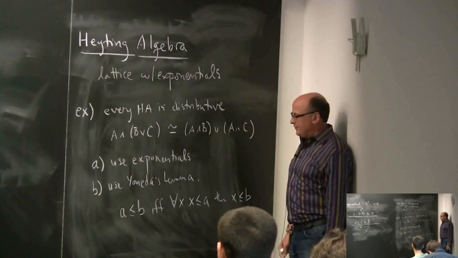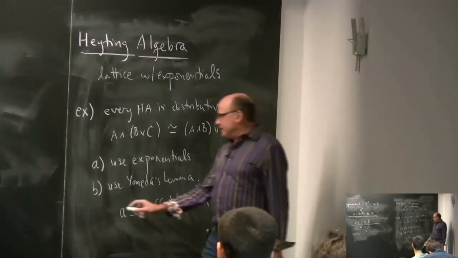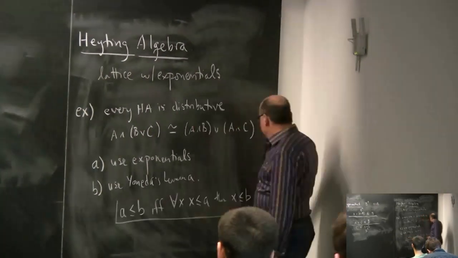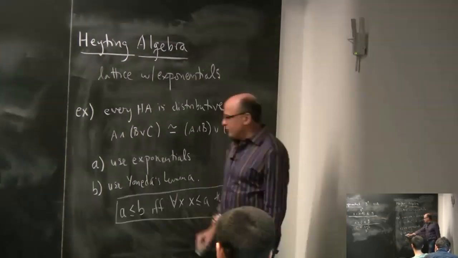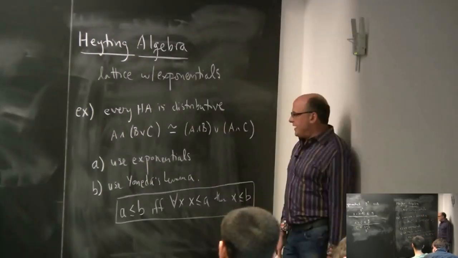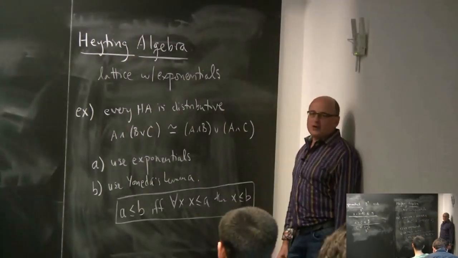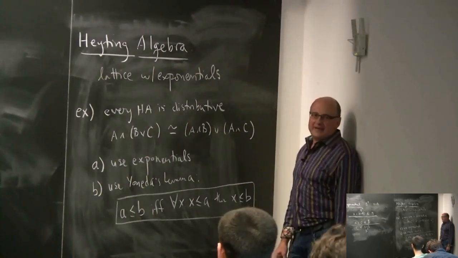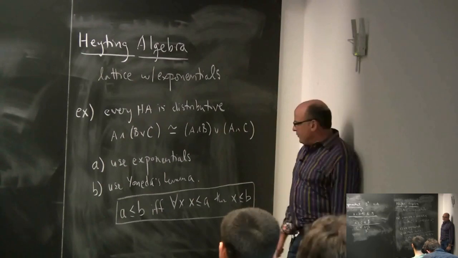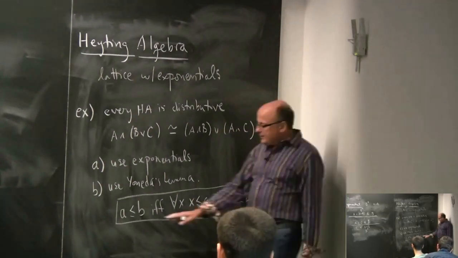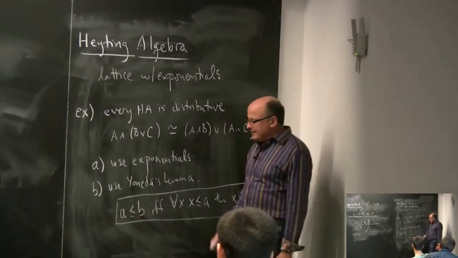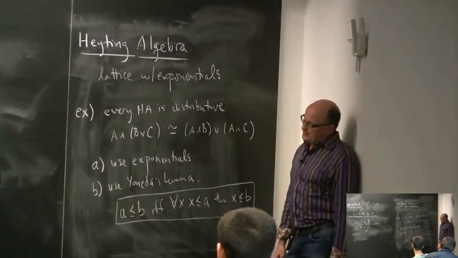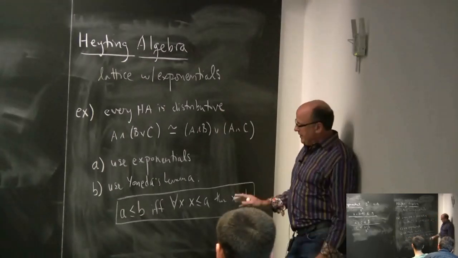Why would you even call that Yoneda's lemma? Well, because this is a very degenerate instance of a more general fact. But that more general fact is equally useful for all the same reasons. So here's a way of thinking about it. The way to think about it is you're trying to show that this entails that. I don't know if this will make sense to you or not, but let's try.